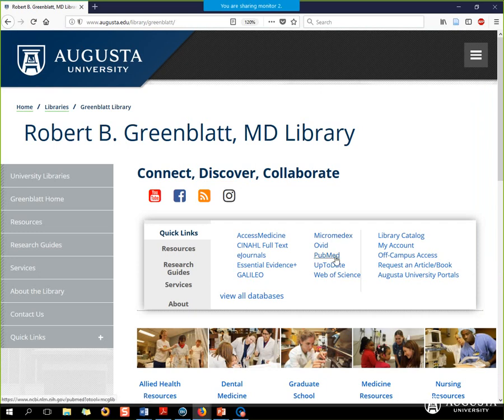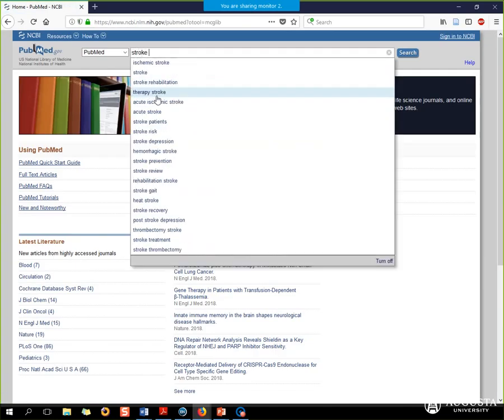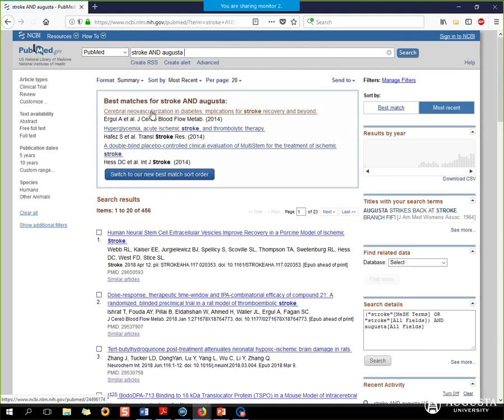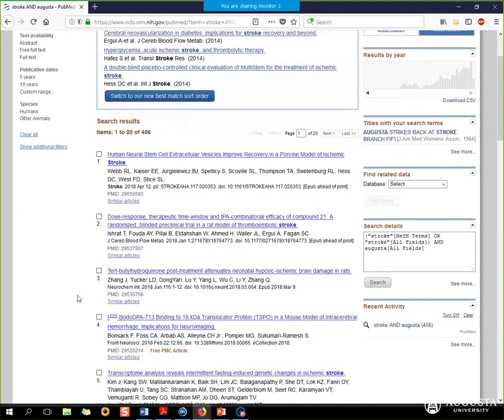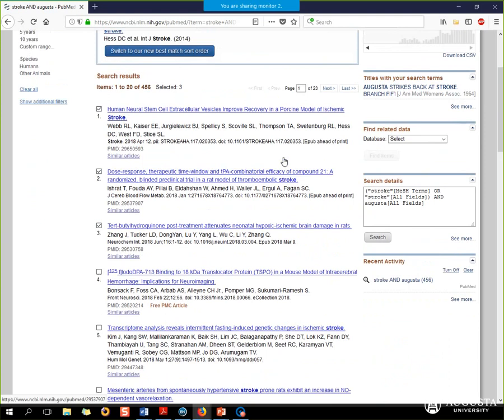So I'm going to demonstrate two databases that you might use. I'm simply using a Firefox browser. I'm going to click on PubMed. And if I type in the word stroke and Augusta, just to get some records, I can go ahead and mark records. If I just check mark items in my result list, I'm selecting them, and then